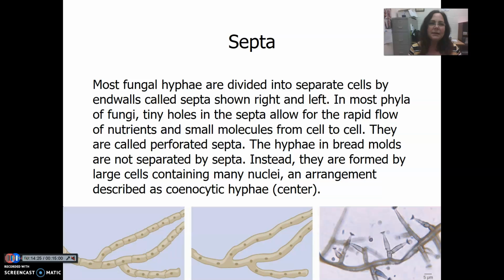Here we see several different types of hyphae. On the left, what we see is hyphae that contain septa. They're septate, or they have divisions in between the cells. And here, the brown dots are the nuclei of the cells. And then here we see hyphae that are multinucleate, but they don't have septa. They don't have dividers. And it gives you some examples. The hyphae in bread molds are not separated by septa,